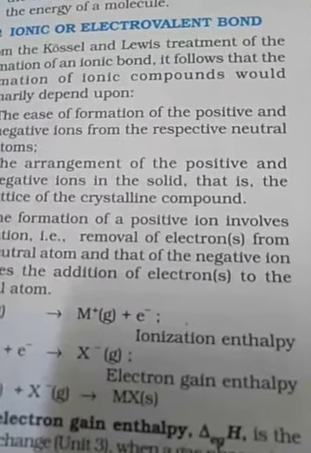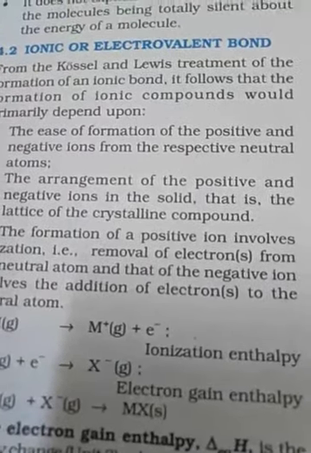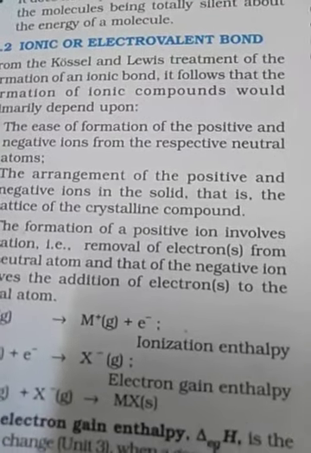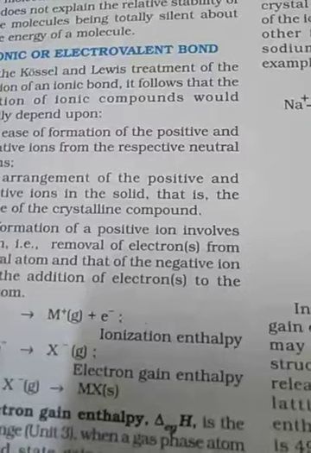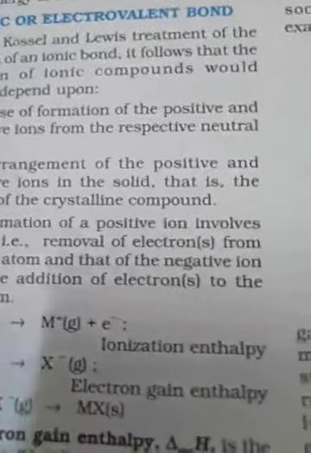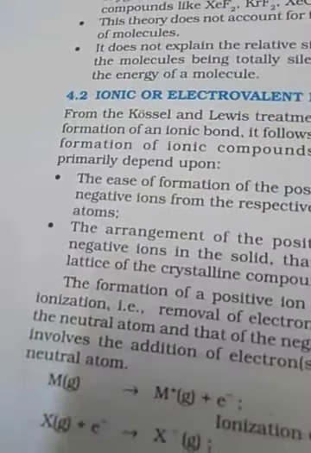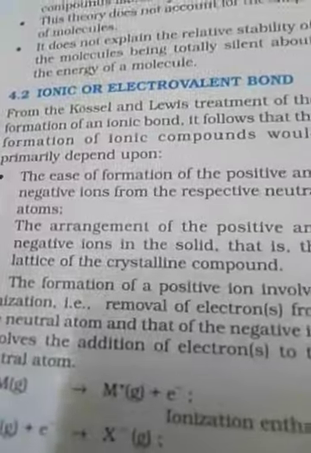In chapter number 4, chemical bonding and MO theory, up to part 1, part 2, part 3, I completed and taught you the octet rule up to the drawbacks of the octet theory. Now we are starting our new topic. Yesterday I showed you the covalent bond. Now I am teaching you the ionic or electrovalent bond. Okay, students?